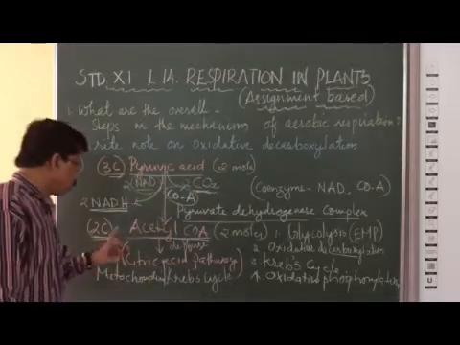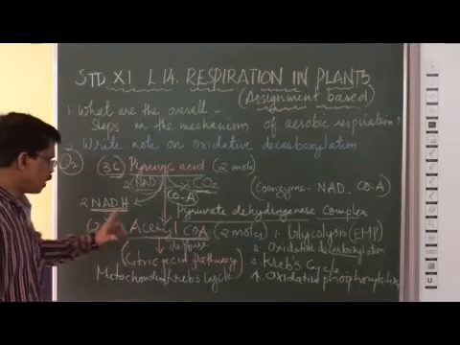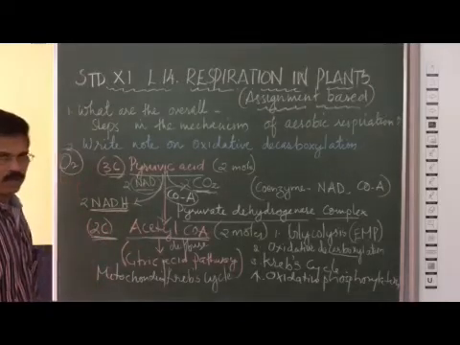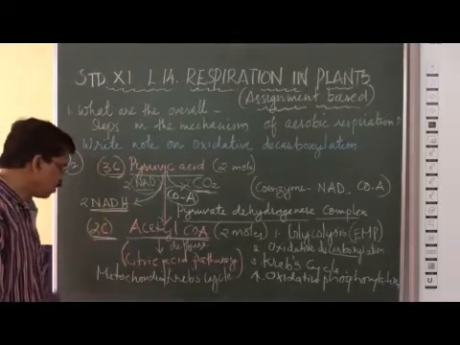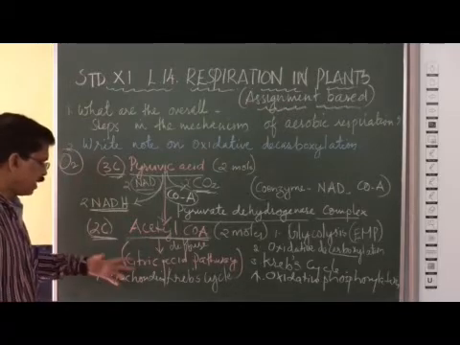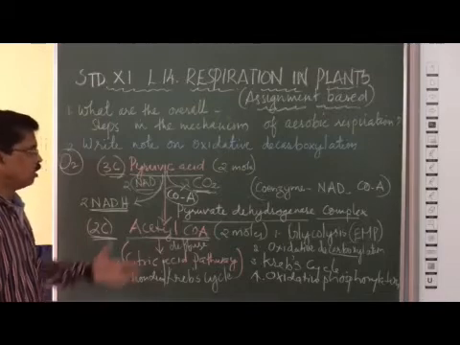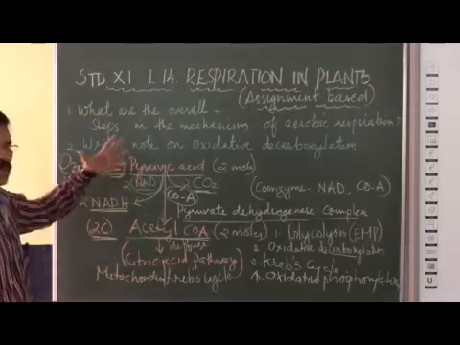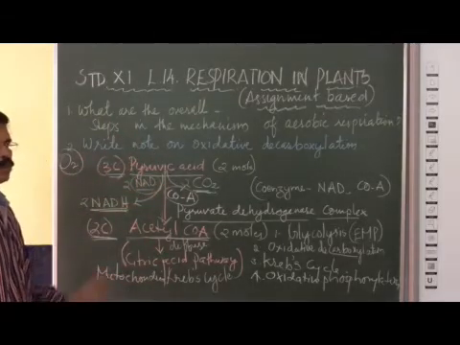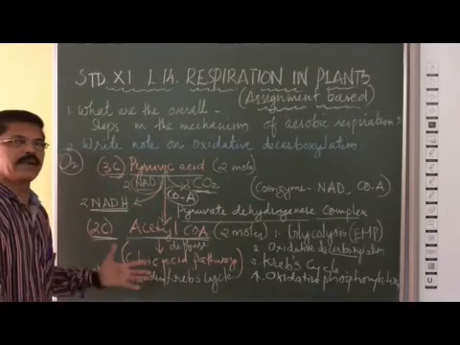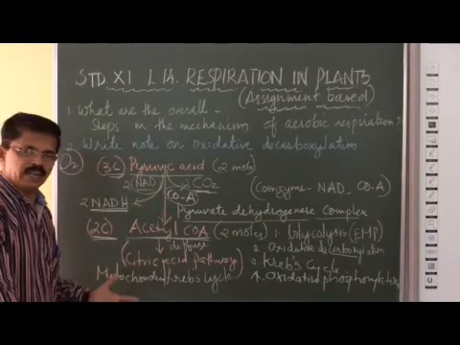And the 2 molecules of 2 carbon acetyl coenzyme are small molecules. They can easily diffuse into the mitochondria and take part in the citric acid pathway or mitochondrial Krebs cycle. This is all about this initial video, and you must view it, watch it and learn it. I hope you got it. Okay? Thank you.